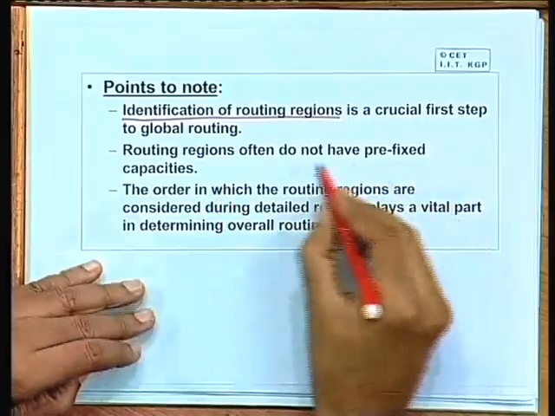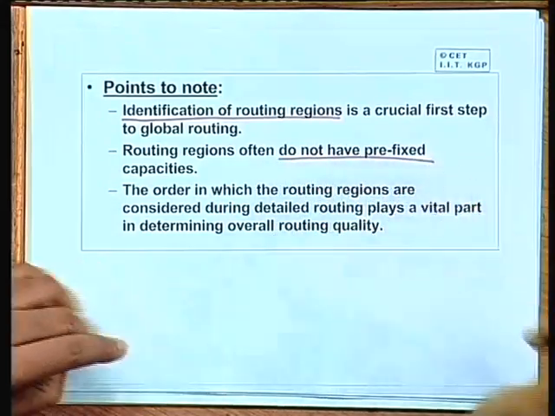Like in standard cell, there are some rows of cells with some space in between for routing. So, if I find that the space is not sufficient, I can always shift the rows up to make more space. So, the routing regions do not have prefixed capacities,